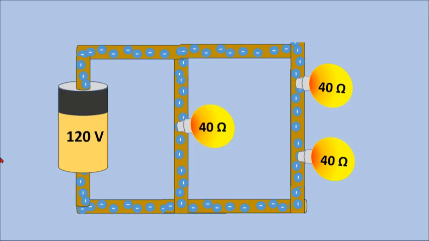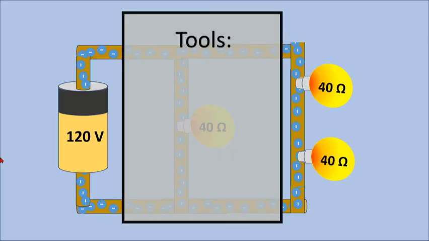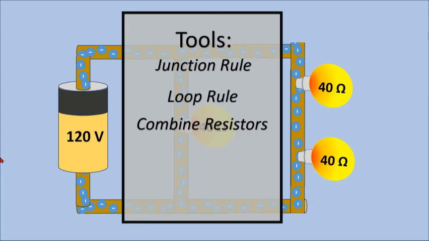So let's begin solving the circuit. As the name suggests, these circuits are complex. There's different types of complex circuits, and no two types are solved exactly the same way, but we use the same tools to solve all of them. And so in this example, I'm going to use all the tools, and if you master these tools, you'll be able to solve any complex circuit out there. So here's the tools. One is a junction rule, another is a loop rule, combining resistors, and then Ohm's law,